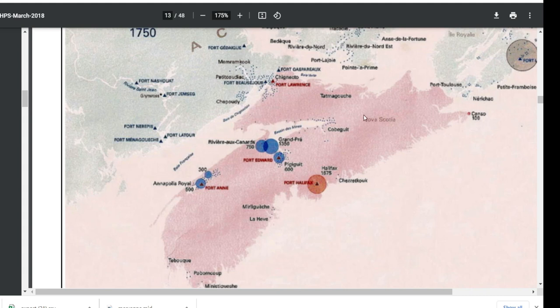And the one last thing I wanted to mention too, there's a lot of confusion. I have to change a lot of records. I do a lot of family history work in Nova Scotia, and I have to go in FamilySearch and change a lot of records, because in this area there's a place called Port Royal. And there's also, of course, the original Port Royal, or Fort Royal, sorry, down here. And so people get them confused, and they put their relatives as being here, but really the